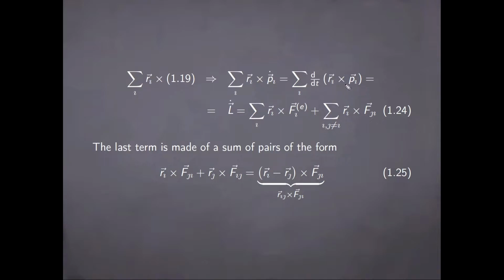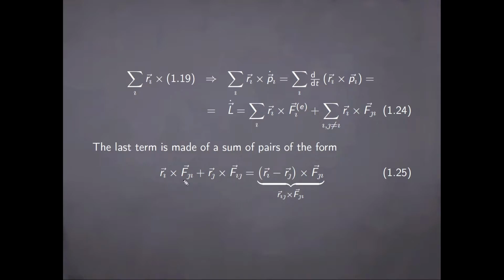When we sum over these time derivatives, the result is the total time derivative of the angular momentum of the system, and this has to be equal, first of all, with a sum over all external torques being applied to the system. So this is just the total torque that is being applied from outside, plus a sum over all of the internal torques that are due to the internal forces acting between pairs of particles. This term is made of a sum of pairs of the form written down here,